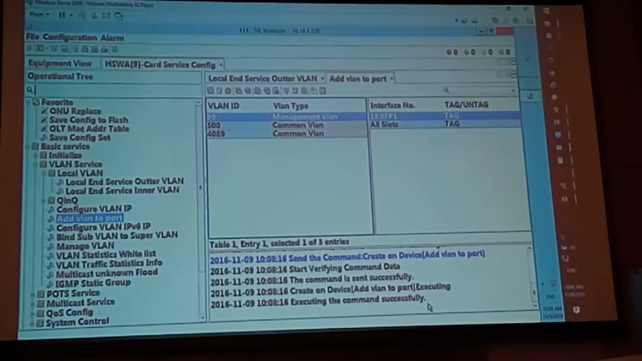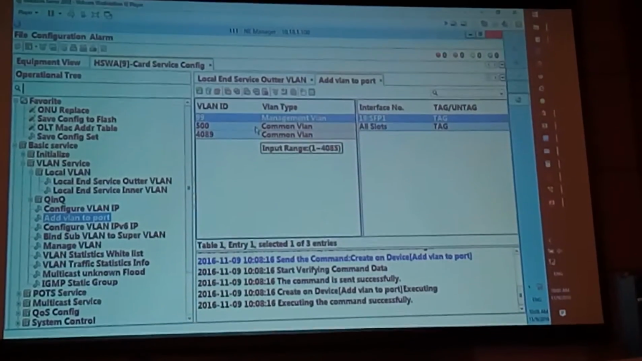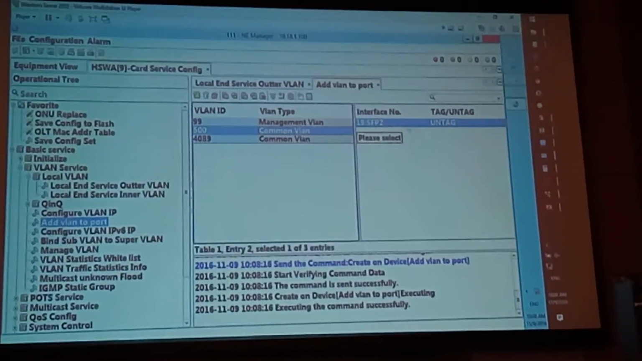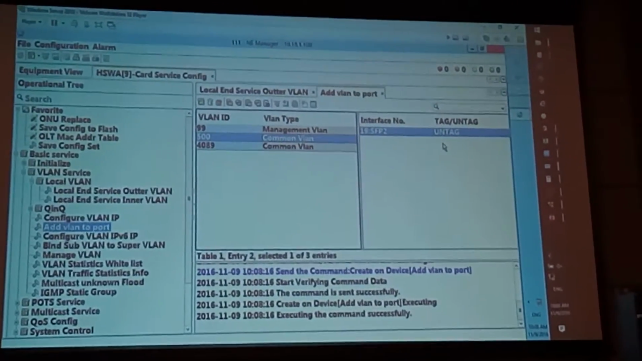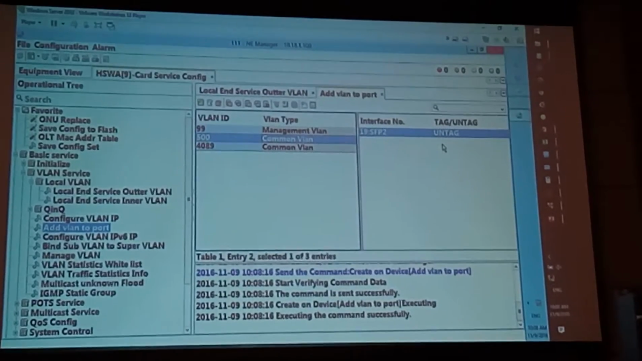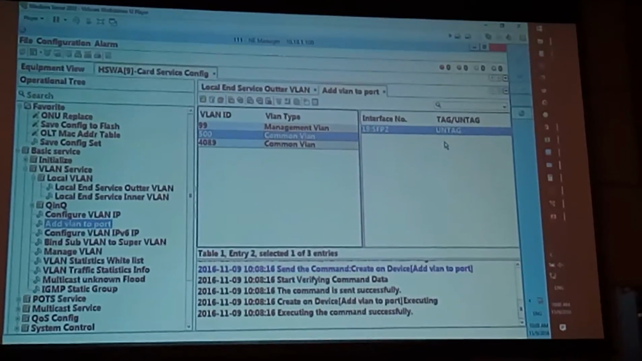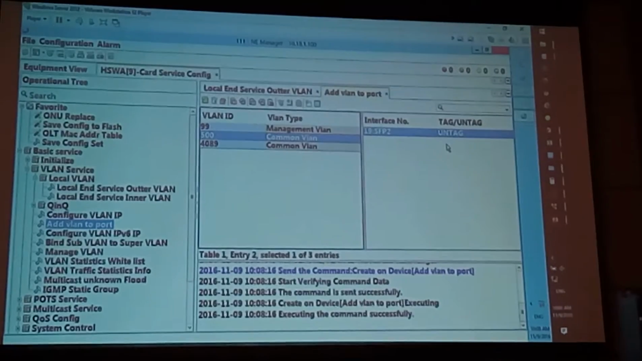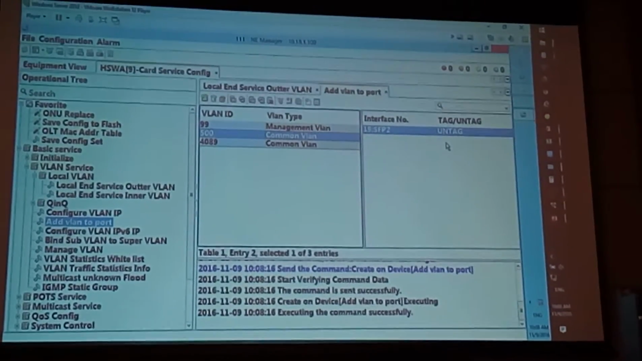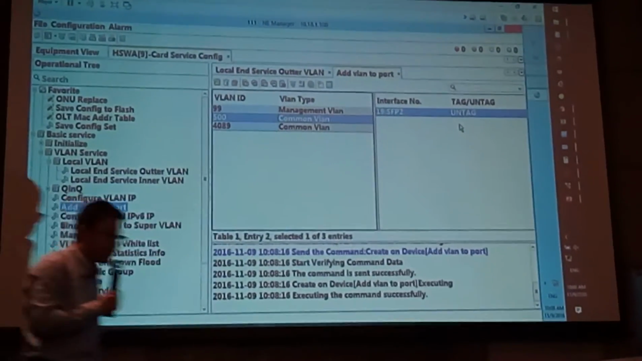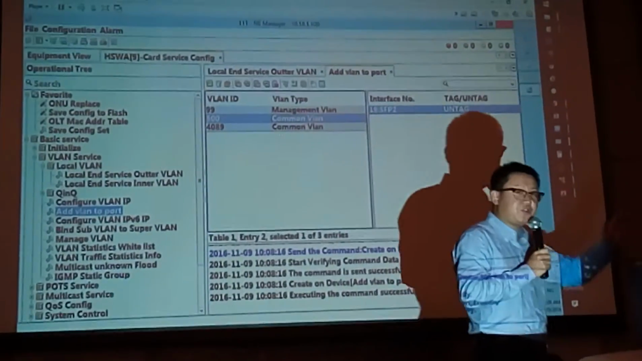Okay, very good. So check VLAN 500. You can see the uplink port is very good. So yesterday I told you, then finish for the ORT. And also, if you treat